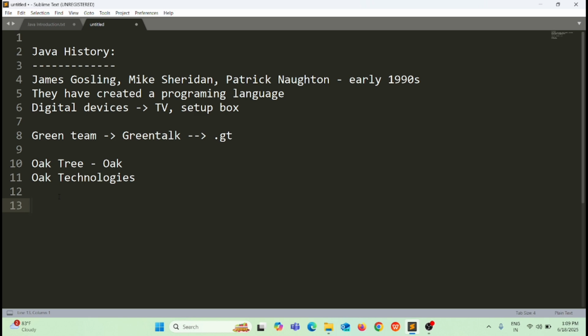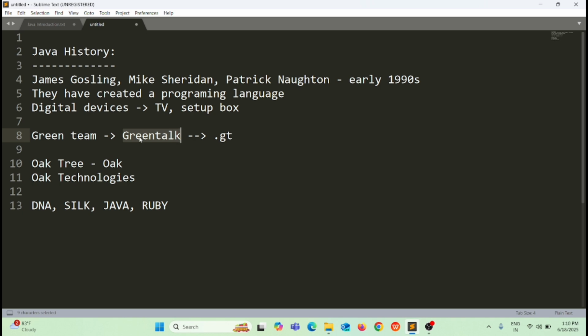their minds, like DNA, Silk, Java, Ruby, etc. So these names came to James Gosling's mind. Then they thought about what should be the appropriate name for the language, because Oak is already present in the market, and they thought they would change the name from Green to something else. So that's why they were thinking of a unique name.